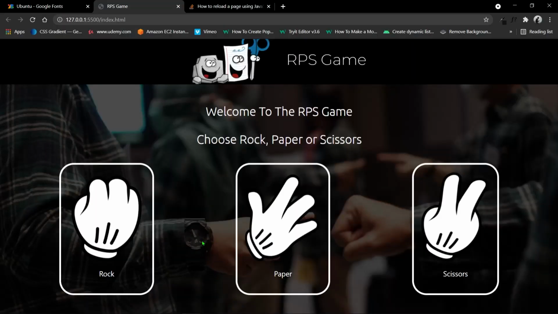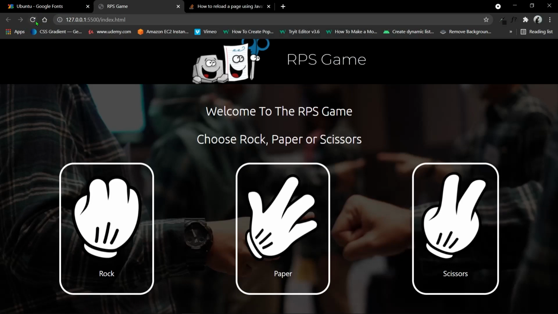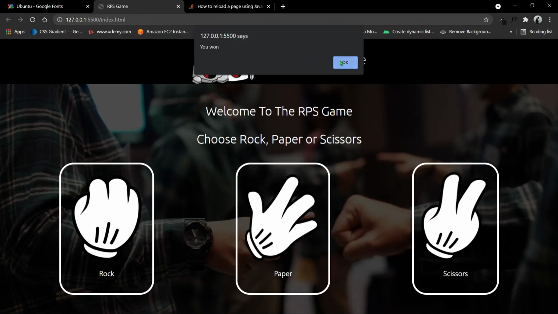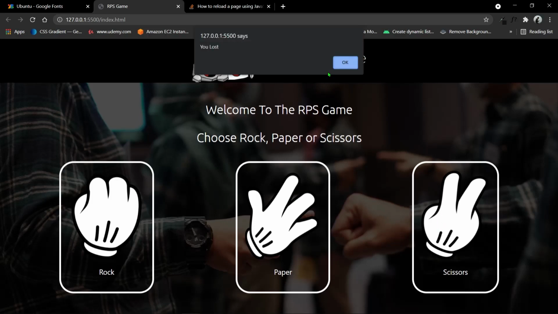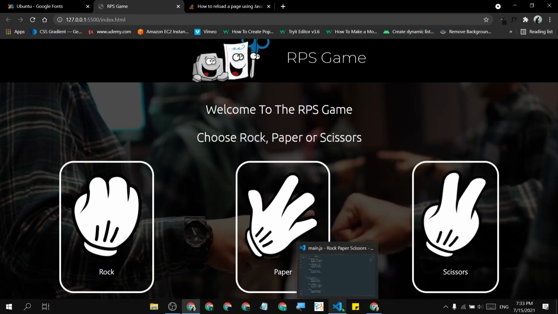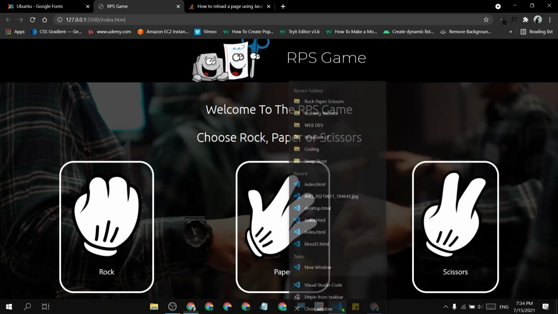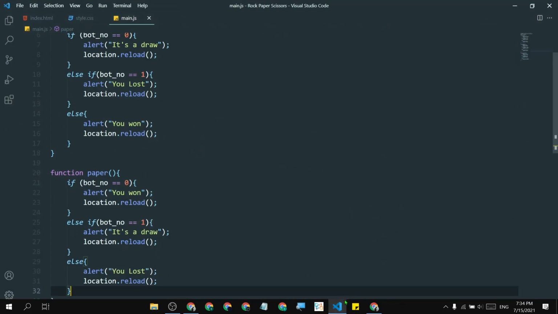And after that, if we click on this rock and the window reloads, just notice this button, just notice this area. If we click on that, look, it reloads. So guys, it is very fun playing this game, and you can make it even better. Like you can hide all these buttons and you can display a text. There are many things which you can do, but this is a simple basic structure that I have shown you how to make. I hope you like this video, and that's it for this game.